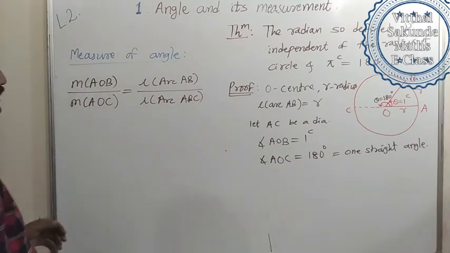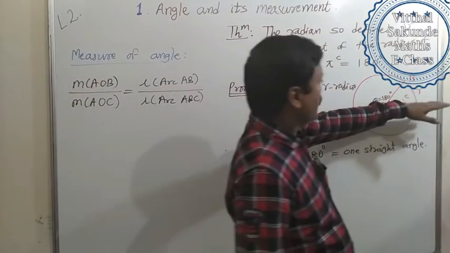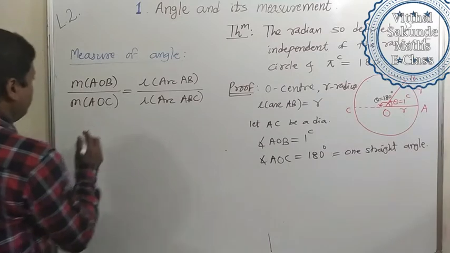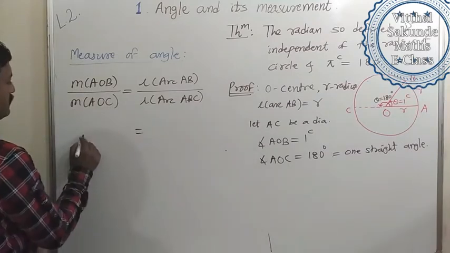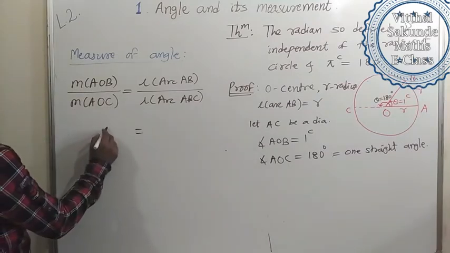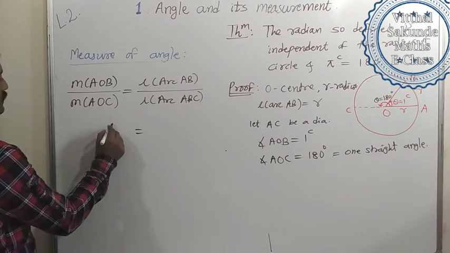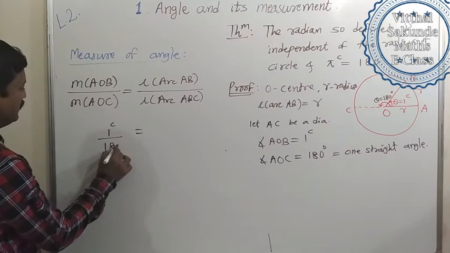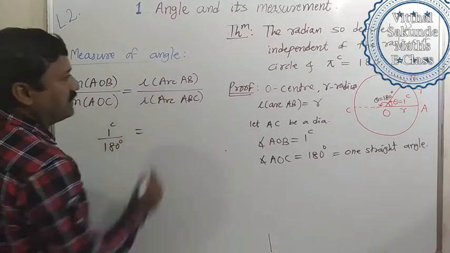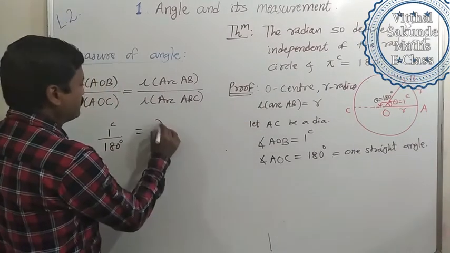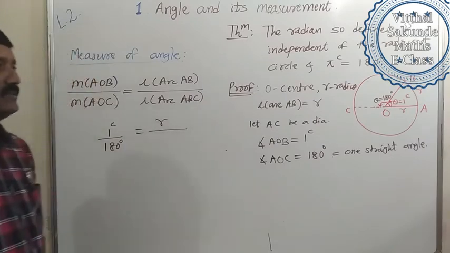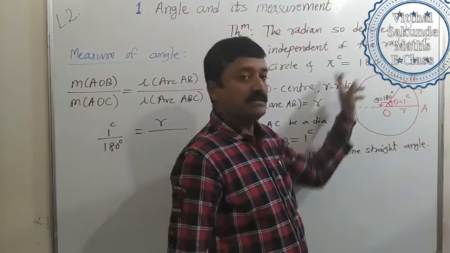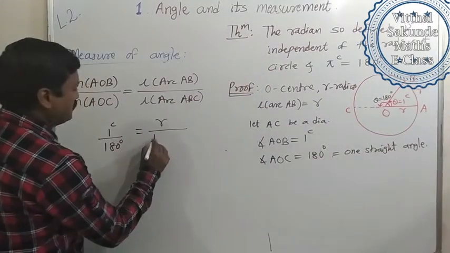These are proportionals. Angle changes as the length of arc changes, so they are proportional to each other. So from this equation we can write: measure of angle AOB upon measure of angle AOC is equal to 1 radian upon 180 degree, which equals length of arc AB over length of arc ABC. Length of arc AB is the radius of the circle, because we have taken it equal to r. Length of arc ABC is nothing but the semicircle, so it is 1/2